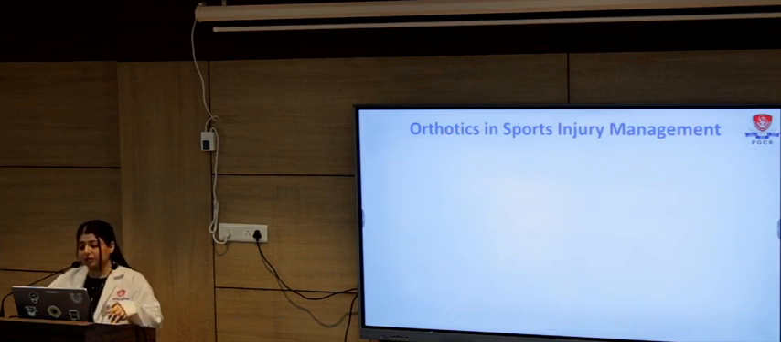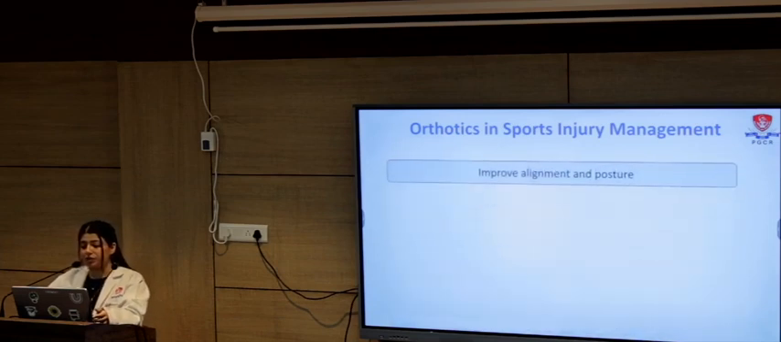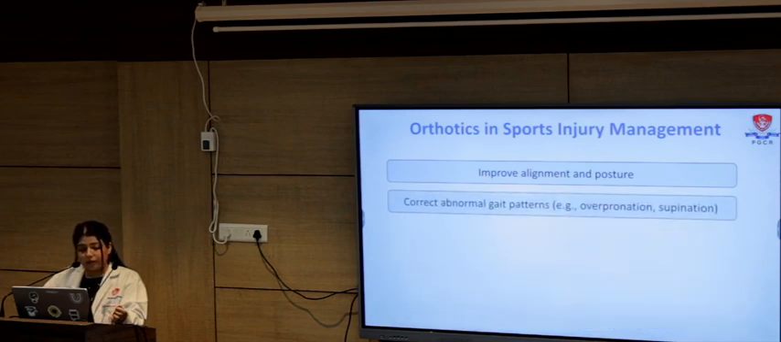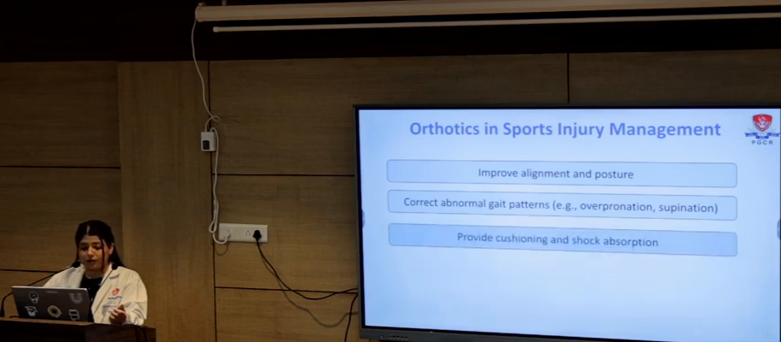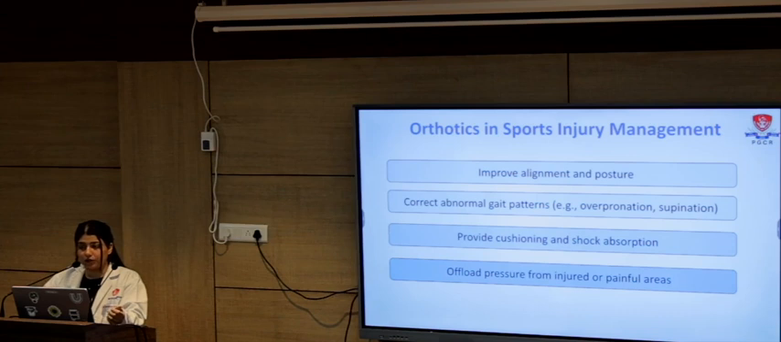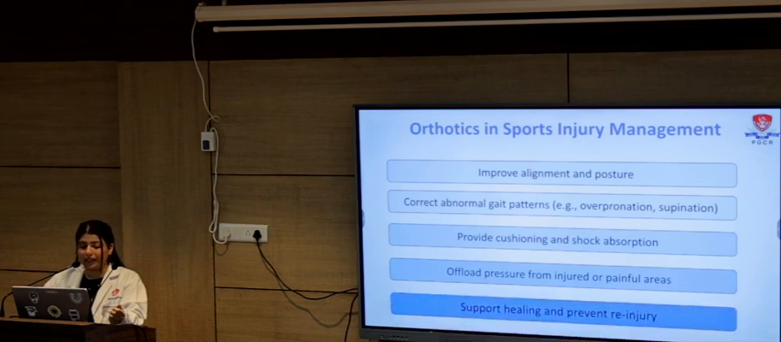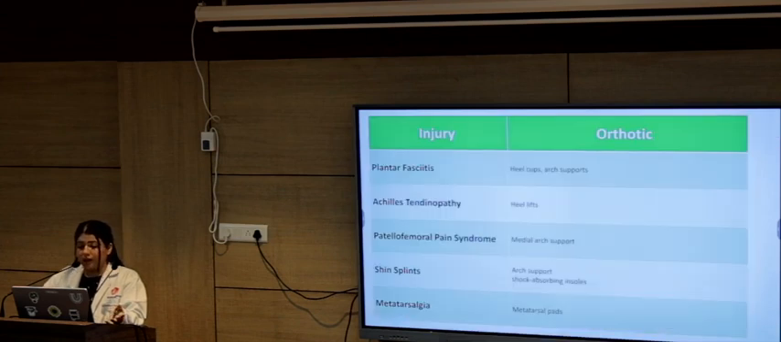Orthotics and shoe modifications are essential non-invasive tools in sports injury management as they help correct biomechanical imbalances, redistribute the pressure, and reduce strain on injured tissue. They help in improving alignment and posture, correcting abnormal gait patterns like pronation or supination, providing cushioning and shock absorption, offloading the pressure from injured or painful areas, and supporting healing and preventing re-injury. Purposes